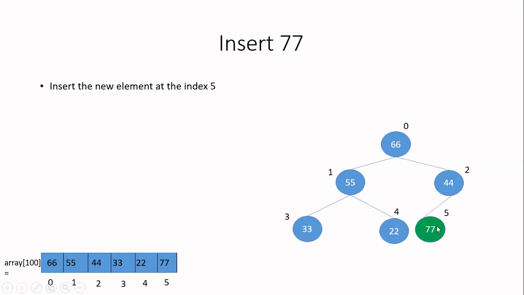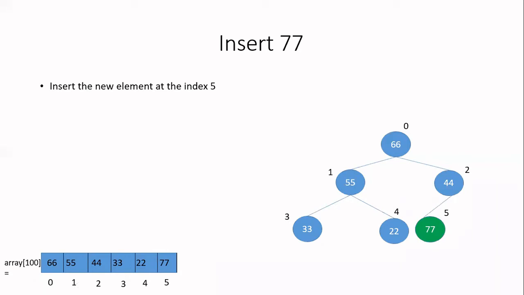After that, it satisfies the first requirement of the max heap, that is, the tree should be a complete binary tree. You can't insert a node at any position as you like. A node should be inserted only at the last level as the last node. So 77 is inserted at index 5 because till index 4 we have nodes. So it is inserted at the next index. This is the first step we have to do. After we insert a new node at the next index, we have to start the bubbling up process.